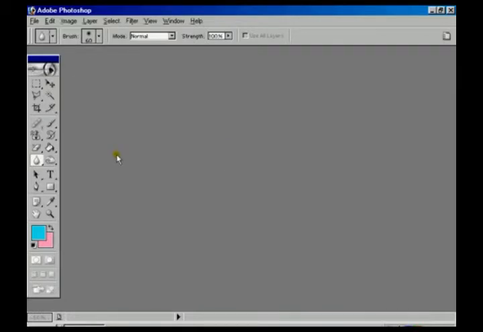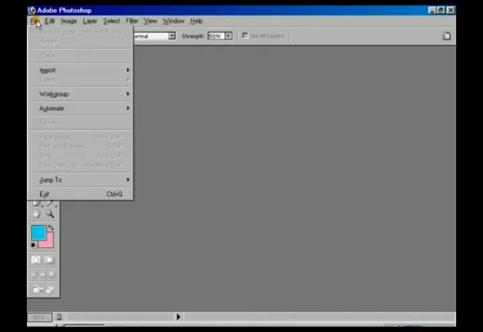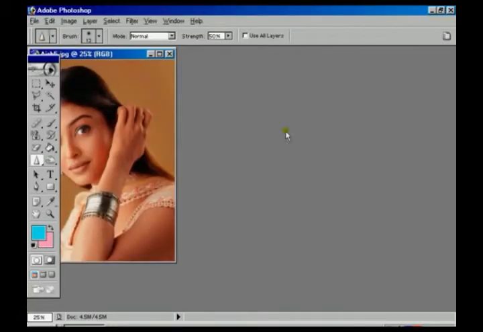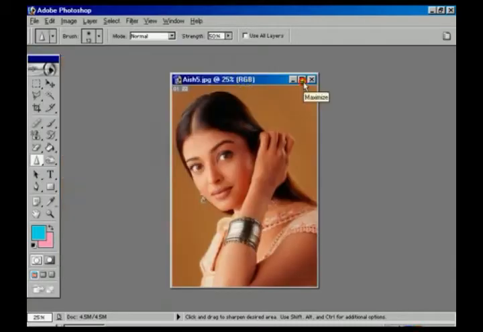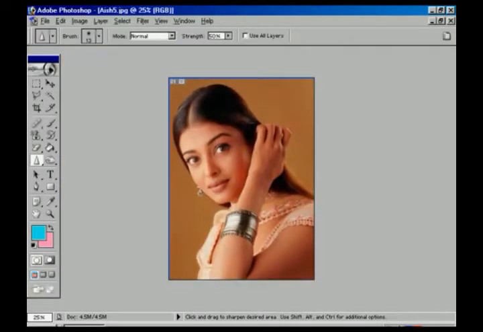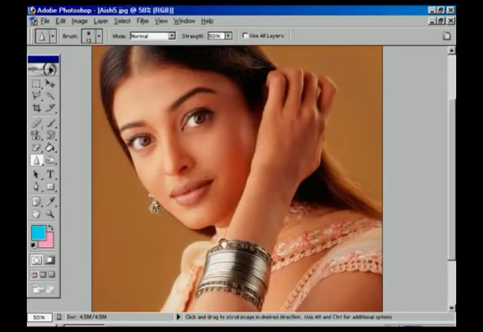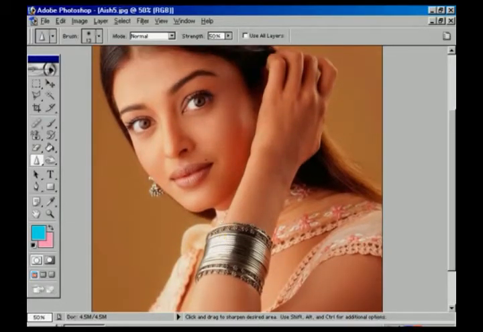The next tool is the Sharpen tool. For that, we are going to open an image. I show you 5. Open. Fit with the screen. Maximize it. Control plus for increasing the size. Now the strength is 50 and make it less strength, called 13. Increase the brush size